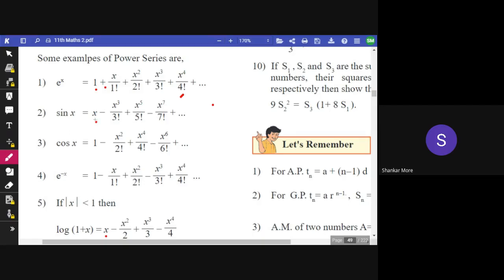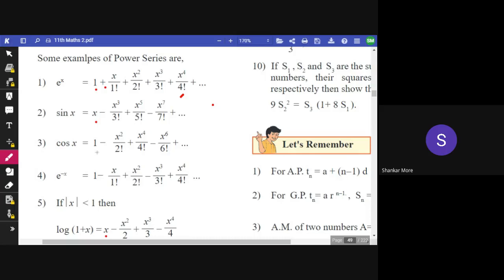ठीक है, मतलब x raised to 1 is odd number, x raised to 3 is odd number, x raised to 5 is odd number, x raised to 7 is odd number. So next term is going to be x raised to 9 divided by 9 factorial. Okay, so this is how sin x की जो सीरीज रहेगी उसमें आप जो नंबर्स रहेंगे वो पिकअप करेंगे फ्रॉम द सीरीज ऑफ e raised to x.